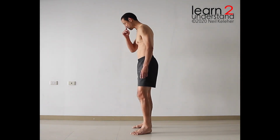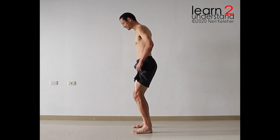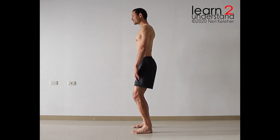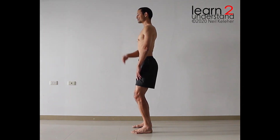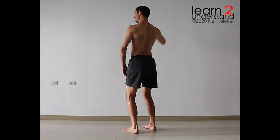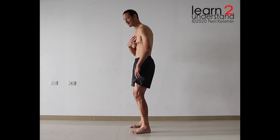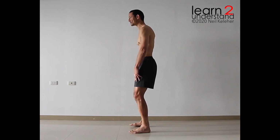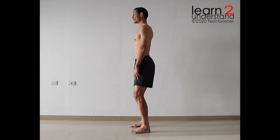But doing it with the same idea as cat-cow, the idea of this exercise is to stand with your knees slightly bent and bend your ribcage and thoracic spine backwards. As you do that, your chest will lift. You could actually focus on lifting your chest. Notice the bend in my lumbar spine and thoracic spine, and then relax. We'll work on bending forward as well, but for now focus on the back bend. Lift your chest, relax, lift your chest,